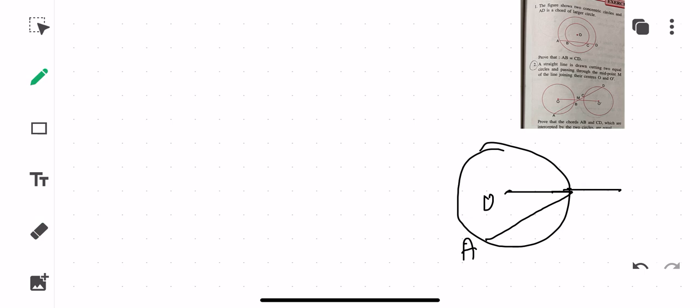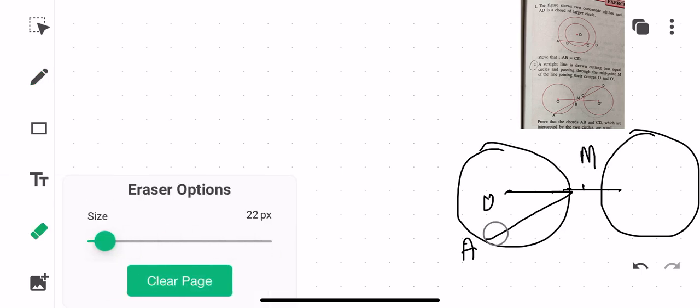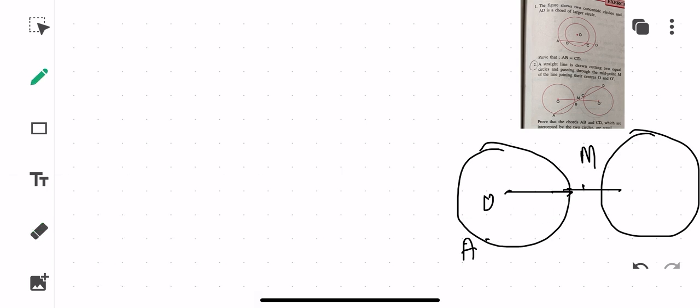So this is our line, and suppose this is your circle, the other circle that we are talking about. Then this will be point M, and of course I need to erase the chord as well. So this goes like this. Then you will draw a line like this. This goes like this, and this is O dash. So this is O dash, and then this is M. This is my chord AB, and then this is my chord CD.